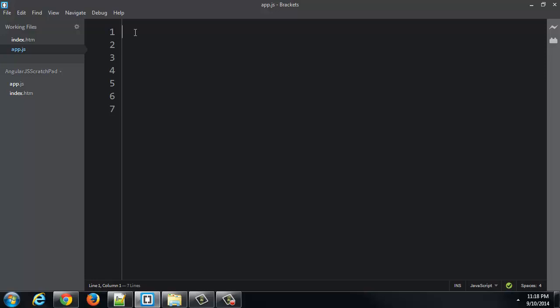Now remember that whole concept about not polluting the global namespace? Well, AngularJS is going to make sure we don't do that. In fact, we're only going to put one variable into the global namespace, and that variable is our app, our application. So I'm going to call it myApp,